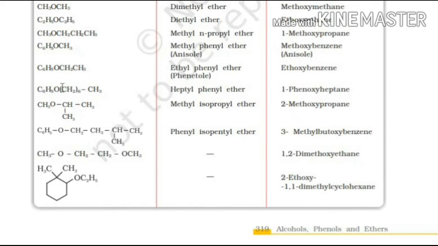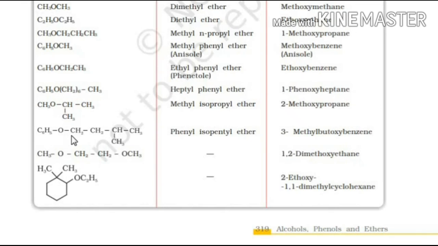There is a rule that because 6 carbons are less than 7 carbon atoms, this group is smaller, so with the smaller group this oxygen will get attached. So we write phenoxy from phenyl, this will become phenoxy here. So you can write 1-phenoxyheptane, and you can leave 1 also. Now in this case this will become methoxy and this will become propane, but do numbering 1, 2, 3. At 2 there is methoxy, you cannot leave 2, so this is 2-methoxypropane.